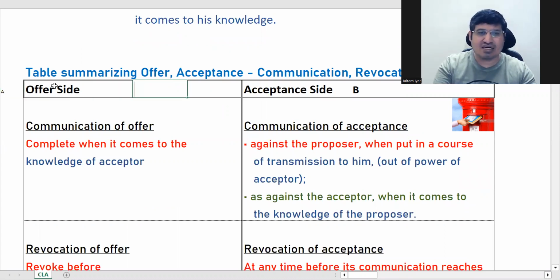ये A का साइड है, ठीक है? और ये B है, एक्सेप्ट कर रहा है जो, ठीक है? तो A टू B, यही हम दिखाते थे, करेक्ट? तो सबसे पहले क्या होता है, इसमें दो चीजें होती हैं। एक है कम्युनिकेशन। कम्युनिकेशन मतलब आपकी बात दूसरे तक पहुंचना, ठीक है? तो आपकी बात पहुंच गई तो इसका ये मतलब नहीं कि कॉन्ट्रैक्ट हो गया, करेक्ट?